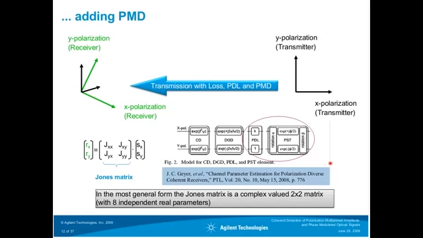In this case, it's from a publication in Photonic Technology Letters, Channel Parameter Estimation of Polarization Diverse Coherent Receivers. In this case, you have the polarization state transformation, which is what we have shown before. But in this case, there's PMD inside, and of course, you have the PDL. And that's what we are focusing on: how we can really resolve the signals if we have these kinds of distortions on your transmission.